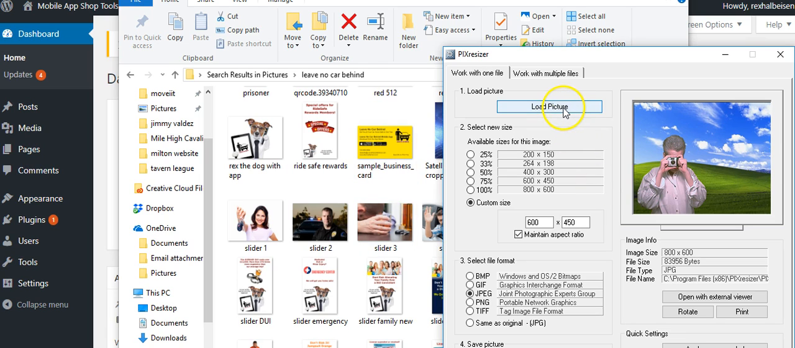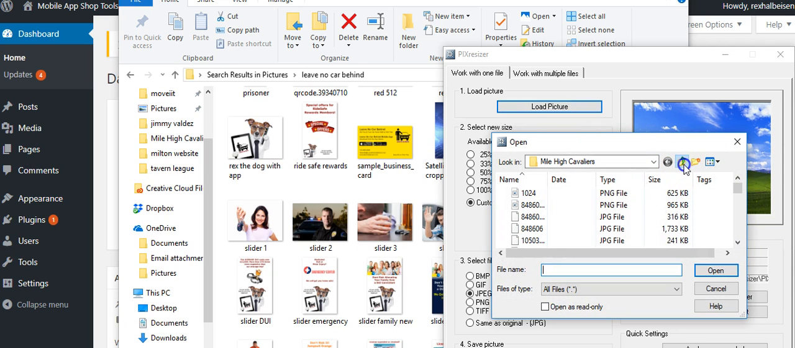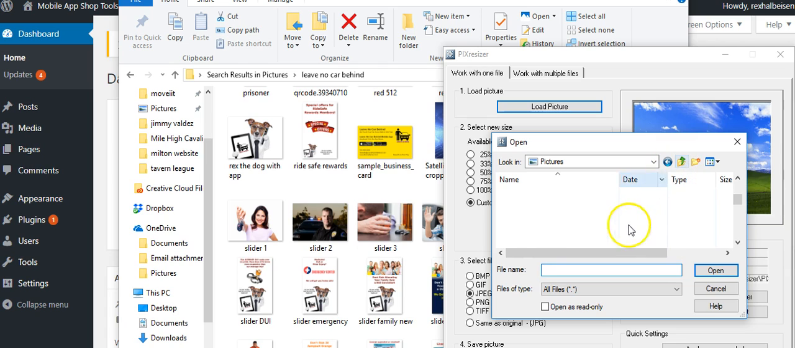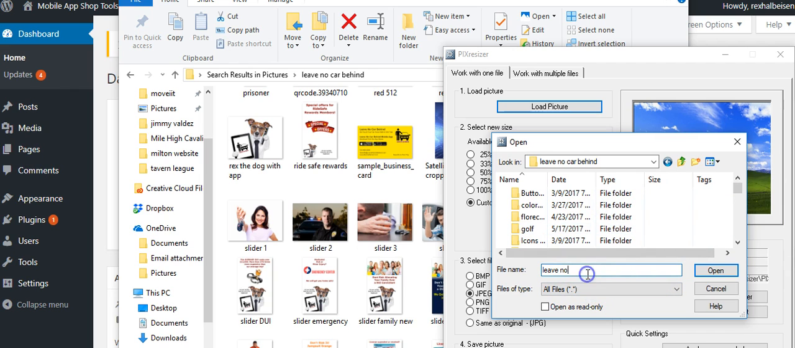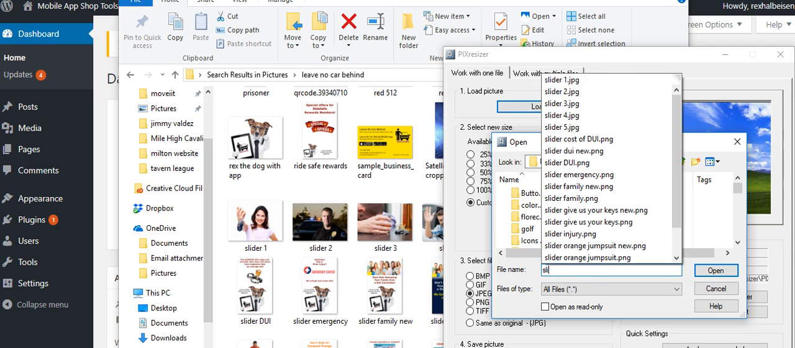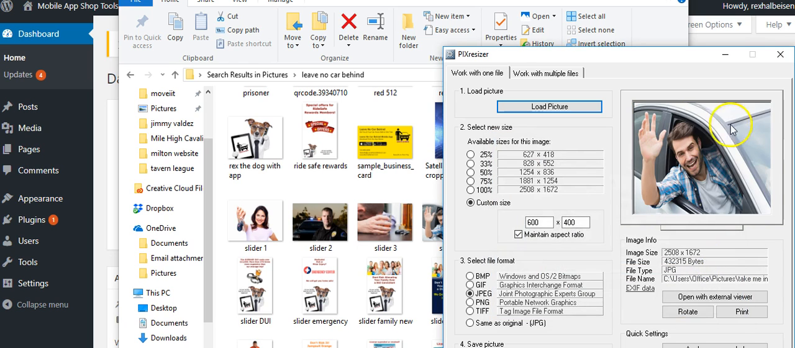So the first thing I'm going to do here is create a slider for the website. I'm going to load my pictures, so I'm going to go out here to my directory, and go to this directory, Leave No Car Behind. And I'm going to grab slider number 4, just the image that we're using. I open that up real quick. Once it's opened right here,